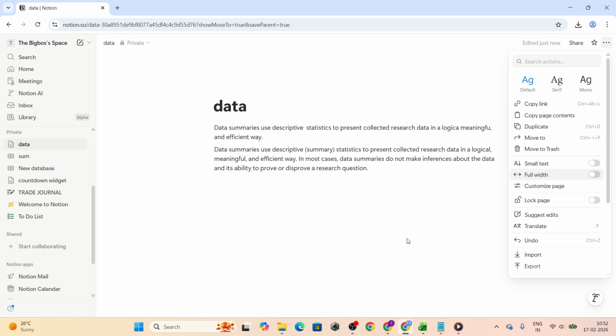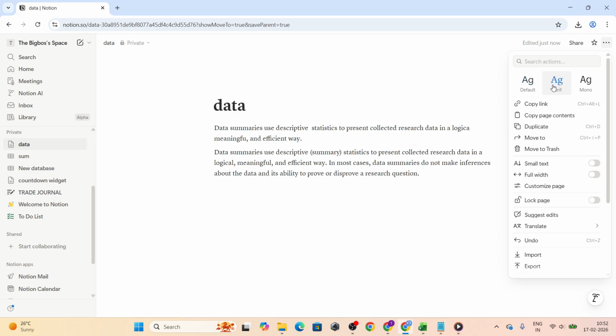Next, choose a type style that supports the tone of your book. In the same menu, you'll see typography options: default, serif, and mono. Default is a clean, modern sans serif that works well for most projects and reads smoothly on screens. Serif has that classic, bookish feel, perfect if you are aiming for a literary vibe or want your draft to